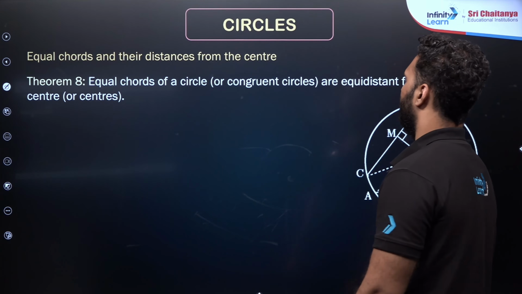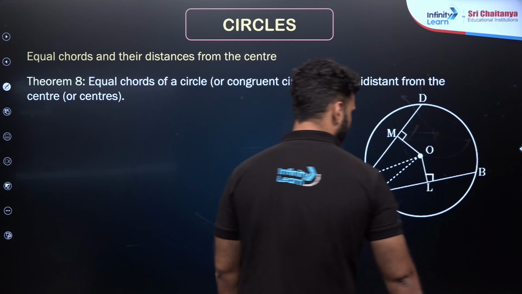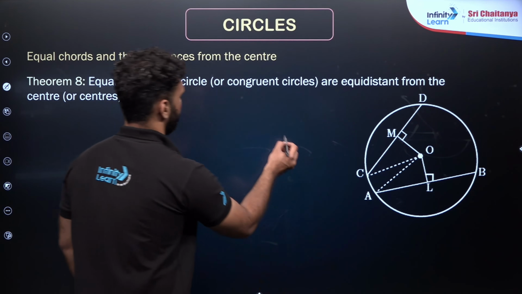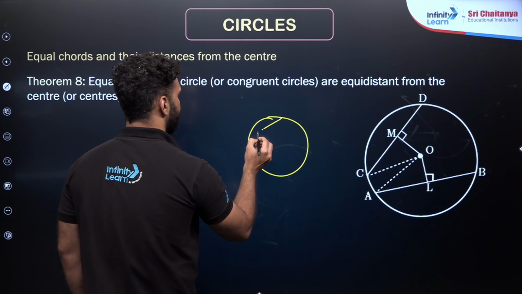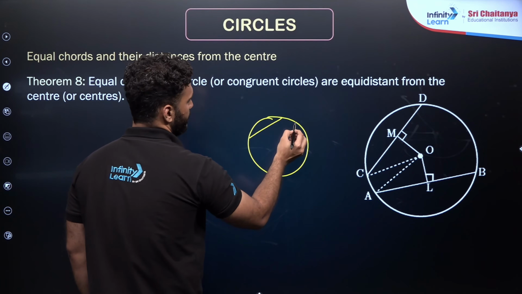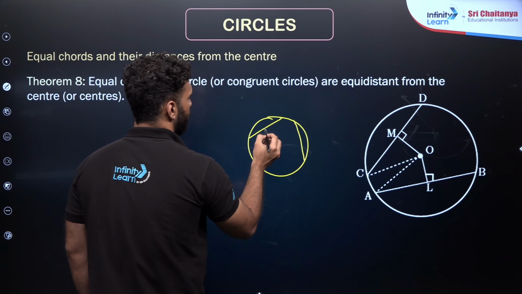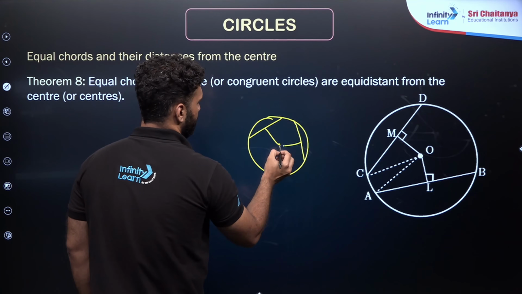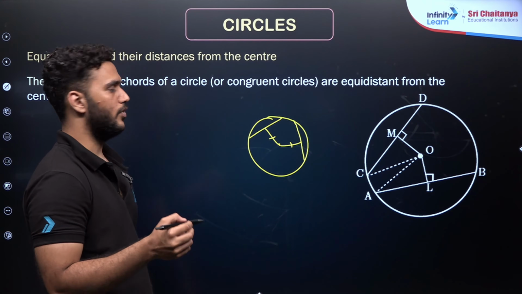Equal chords of a circle or of congruent circles are equidistant from the center. See, there is one circle. I make a chord, let's say 5 centimeter. Another chord here, 5 centimeter. This is also 5 centimeter. Then the distance between each chord and the center will be equal. And you can prove this using the property of